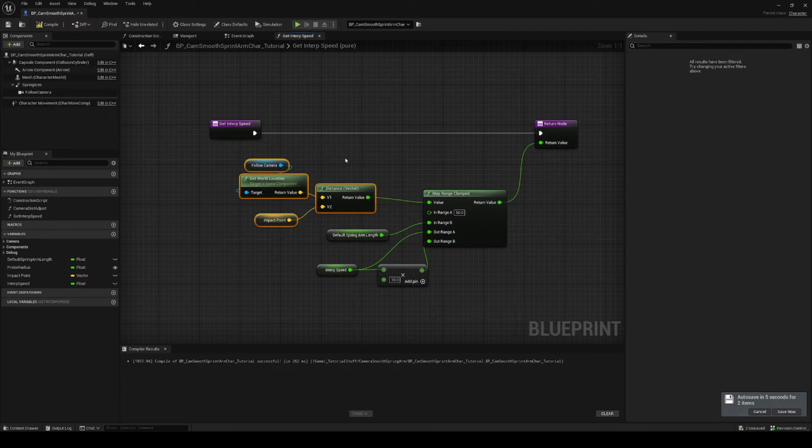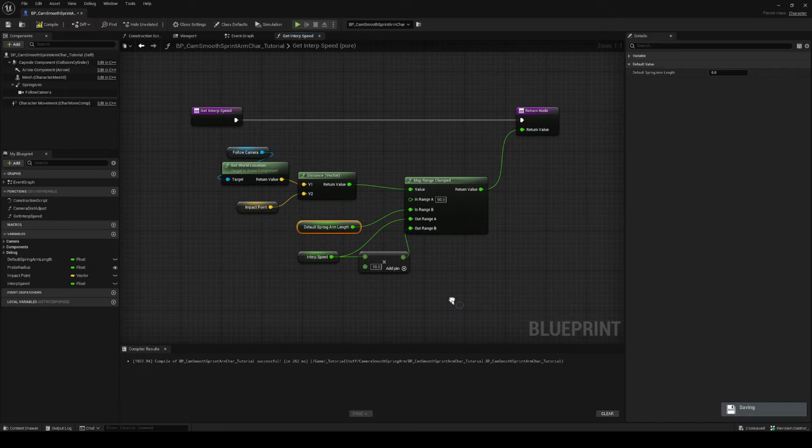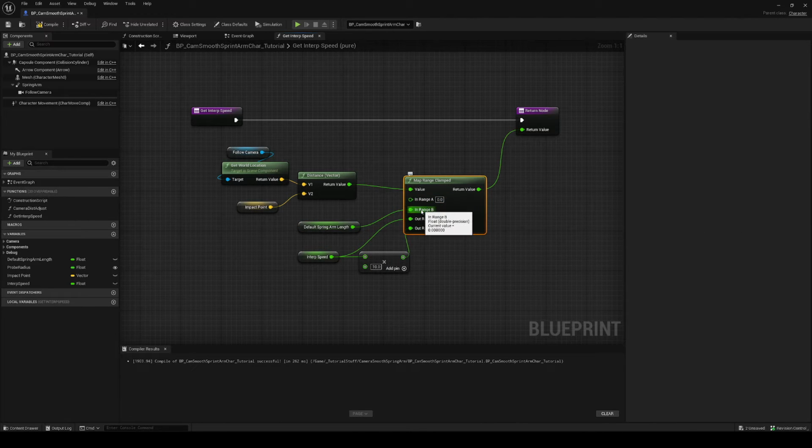So basically, let's say this target arm length is set to 0 right now. Let's say this is 500. And here it's 0. So 0 to 500, right? So if it's 400 and this is 0 to 1, then it'll be spitting out a